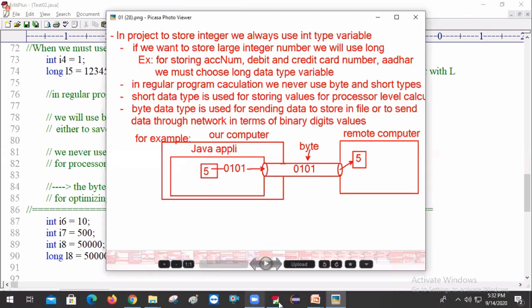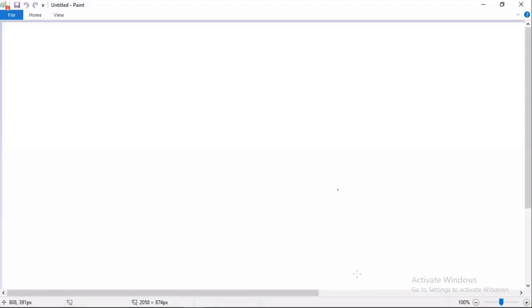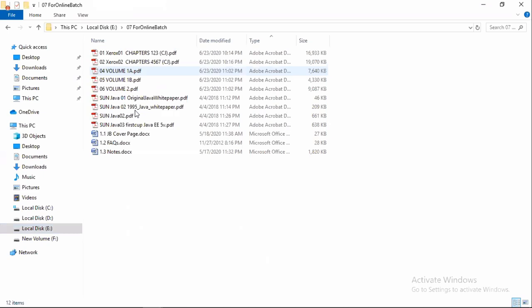Now, final conclusion. I want you to tell me about each data type. Open the material, Xerox material 2.